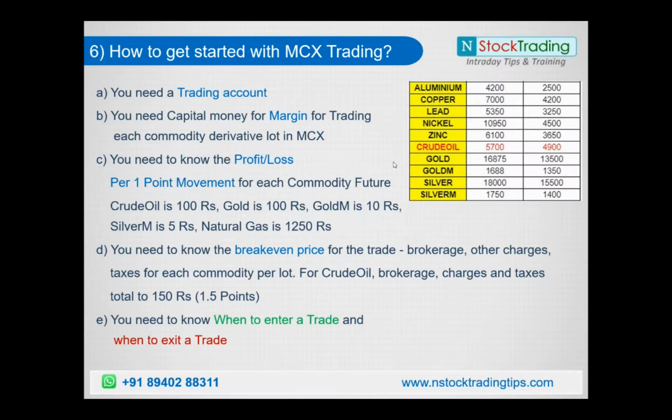And while you are going to trade, you should know how much capital is needed. For example, if you have around 50,000 rupees or 1 lakh rupees, it will be good enough to start trading and making money for your living. You can even start with 20,000 rupees, but that's not going to give you big money. If you trade with, say, 100,000, around 3% per day on average, you can make profit if you follow our rules and instructions on time.